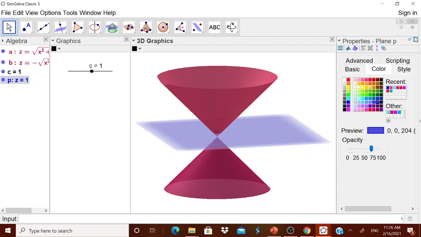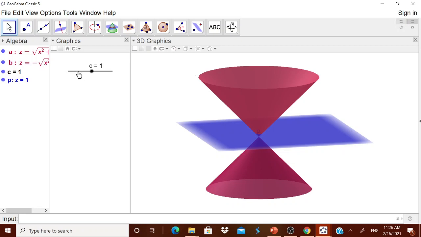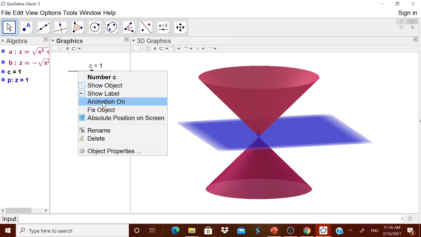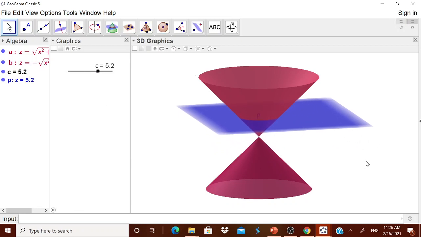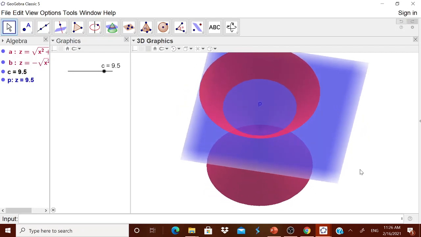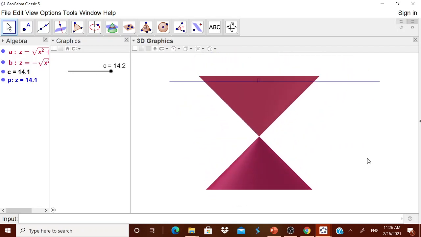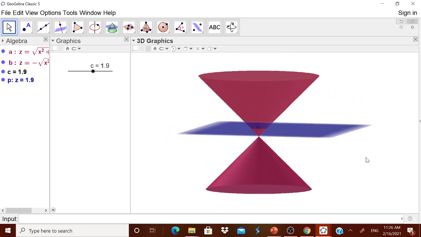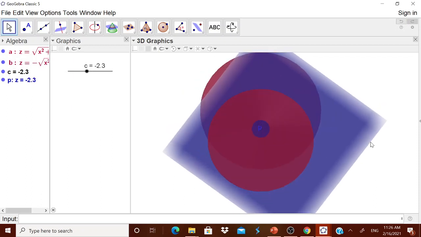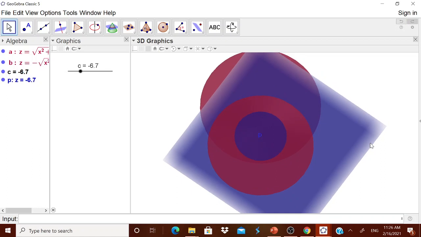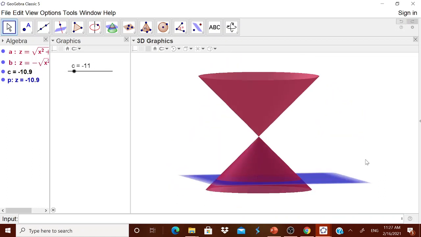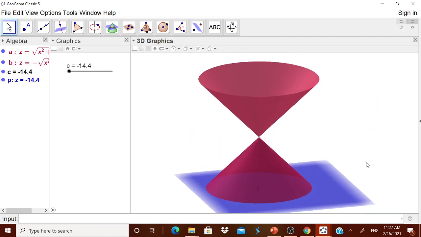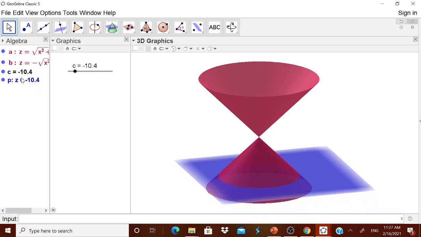Now you have to show that this is going to give you the circle. For that you animate it. You give the animation. Whenever it is animating, you can show it to the children. You see, circle is formed. Whenever it is animating, it will go up and then it will come down. When it goes up and comes down also, you can show the children that circle is formed. Therefore, for this C and this plane, the circle is formed. Is it okay? Now I will stop the animation.